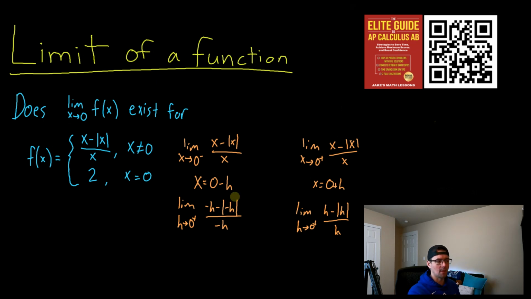But then we have the absolute value making it positive again. So essentially, the absolute value of negative h is just h. And we know that h is positive because we're approaching 0 from the positive side. So this absolute value here will essentially be h, because the absolute value of negative h is positive, so is h, that will just be